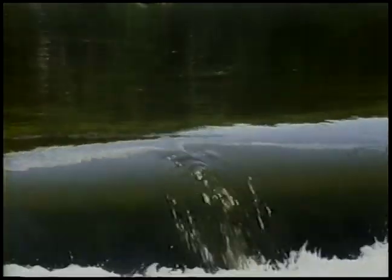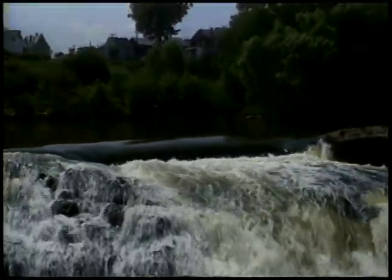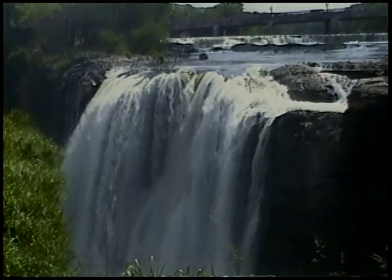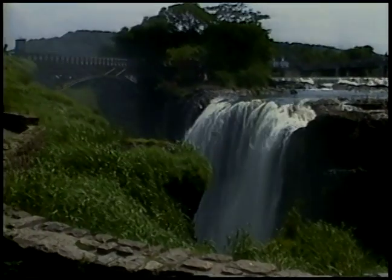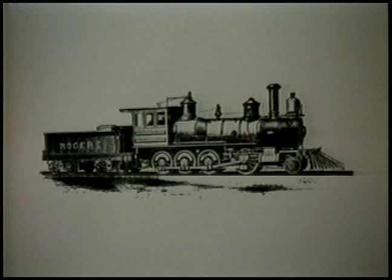That waterfall, which is the reason for Paterson's existence, is a magnificent natural wonder too. The average flow of water here is 1 billion gallons every 24 hours. It's a lot of water. And we're very proud of it. And very happy that Alexander Hamilton had the foresight to dream of a city in this area. One of the first industries here